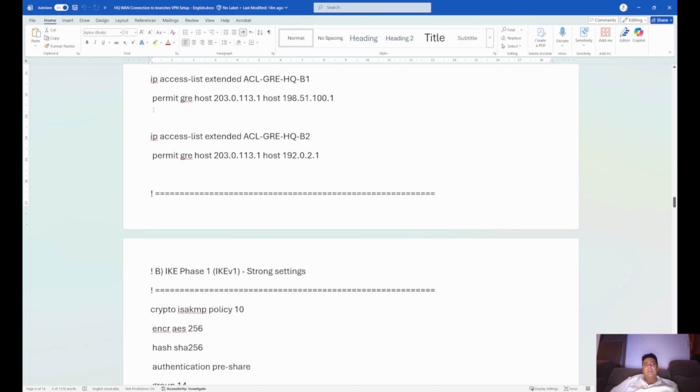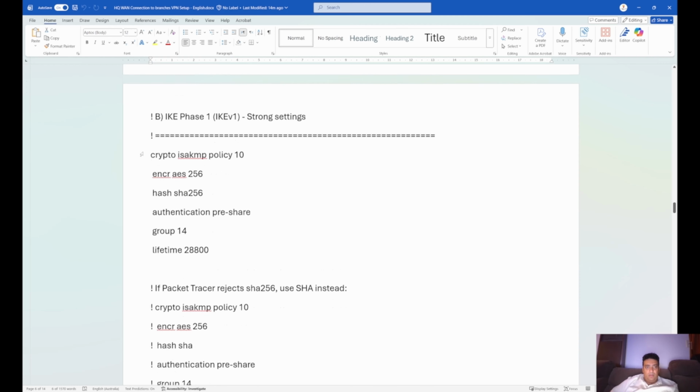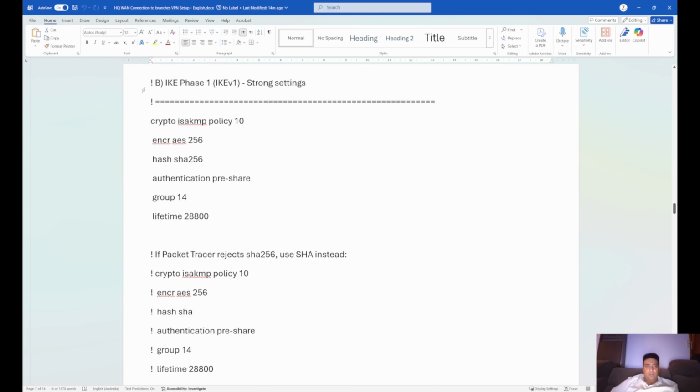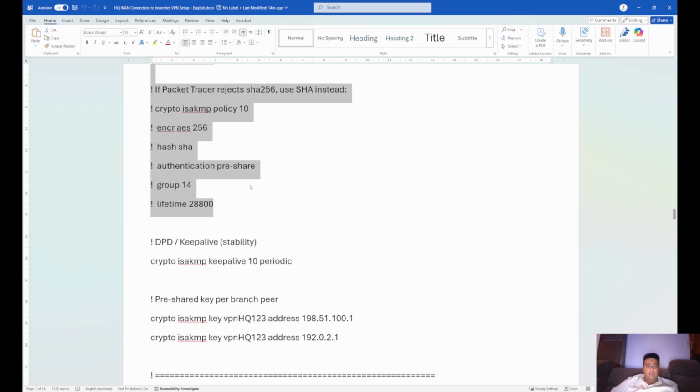And this is where it's not allowed on Cisco Packet Tracer. Once I tried these commands on Cisco Packet Tracer, it gave me an error because it's not enabled in Cisco Packet Tracer, but it will work on real physical routers. And these are all the commands that you need to do to start defining the security between the tunnels and the traffic going in and out,